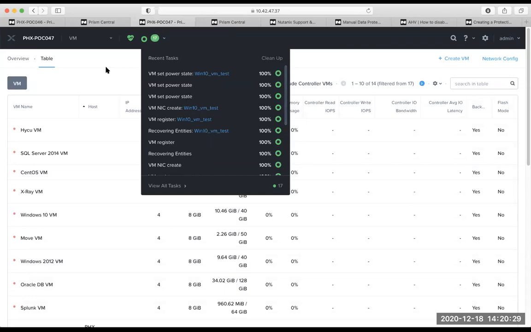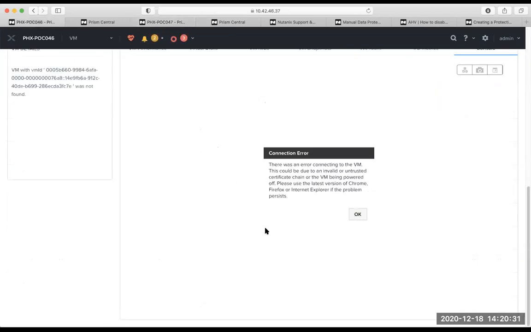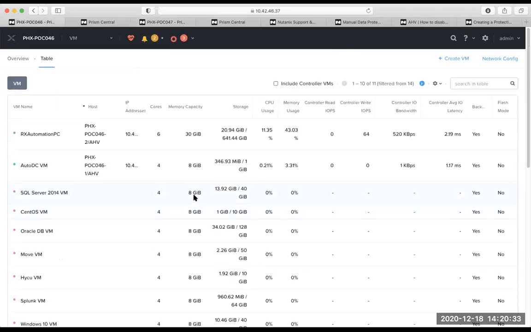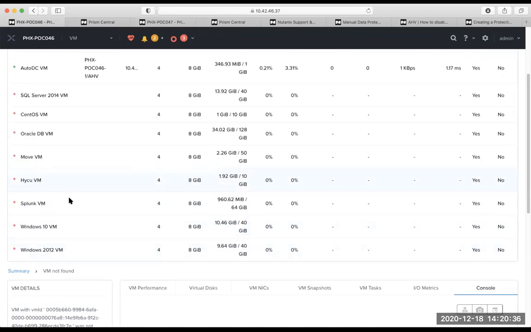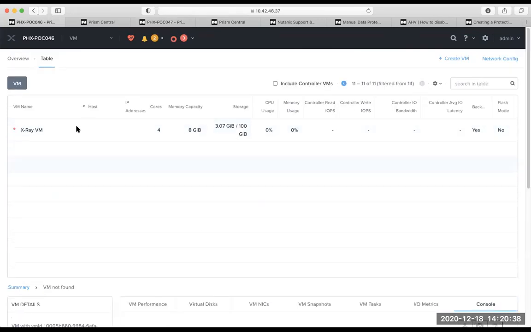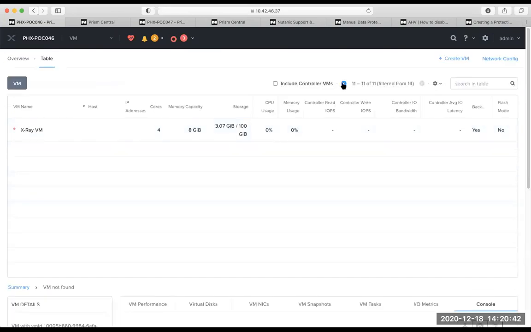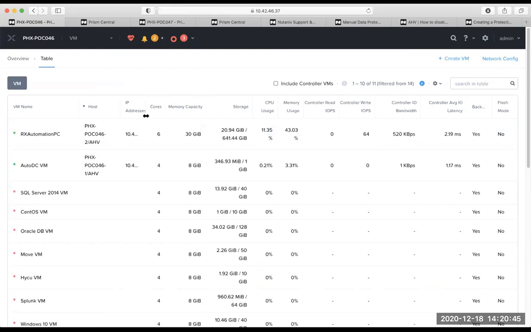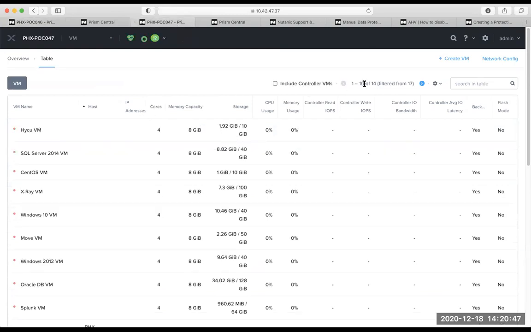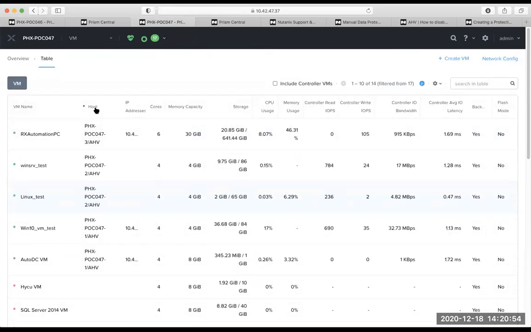Right here, as we can see, the VMs have completely migrated. We can no longer see those three VMs here. They are gone from this location, and now this number has gone to 14, and these VMs will power on right now. Let me just see. All three VMs, Win SRV test, Linux test, and Windows test, have powered on in the DR side.